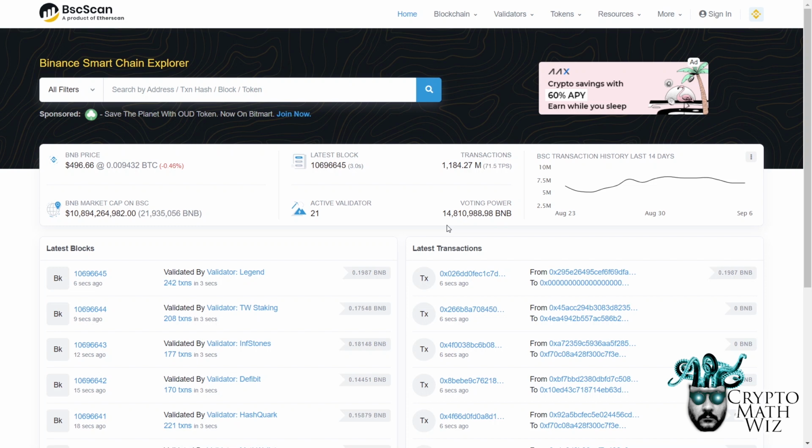The first thing to note here is that it is not common to come to this homepage and use a lot of these tools. You have a lot of tickers and just general ecosystem information, but usually if you're going to come here, it's going to be for the sake of this search box. You're going to have a wallet in mind or a transaction in mind, some kind of research you want to do. So to simulate that, let's toggle over to just a website I have queued up for one BEP-20 token